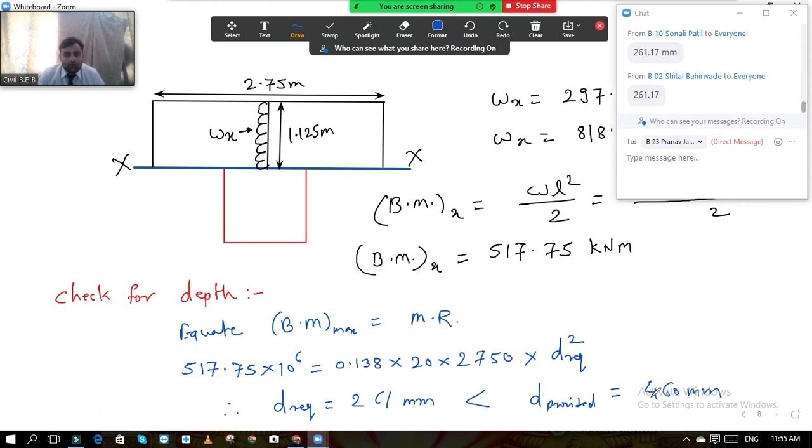So now the last part remaining is the steel calculation. In the next lecture we will calculate the steel. We will do the steel design: steel in x direction for the bending moment in x direction, and steel in y direction for the bending moment in y direction. Lastly we will draw the reinforcement details along the cross section of the footing. So that we will take in the next lecture. For today we will stop over here.